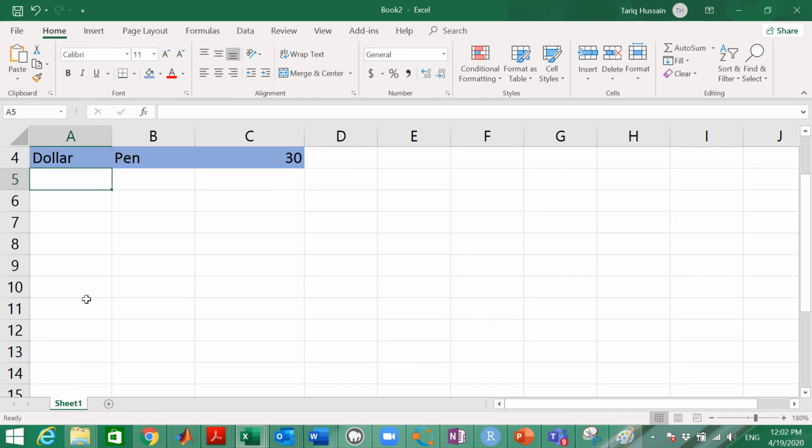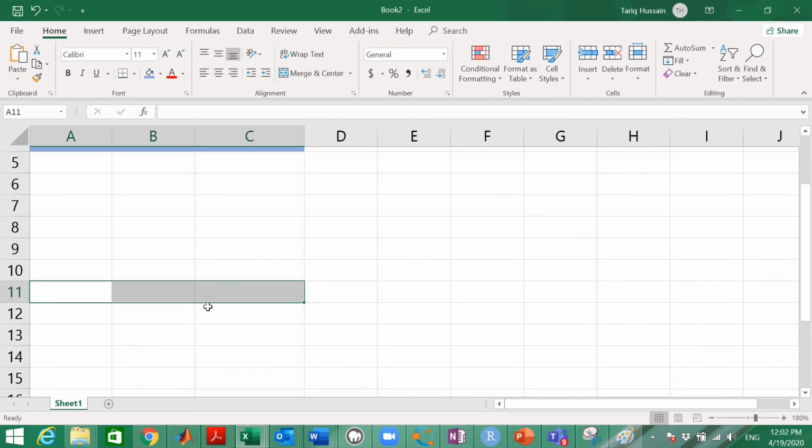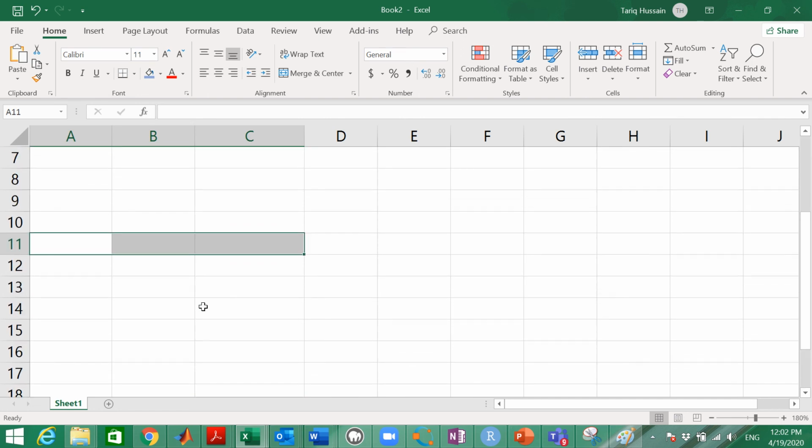Another thing the task asks you to do: again select the three cells, come here and merge them, and write it down here as Additional Item. So what are the additional items you have?